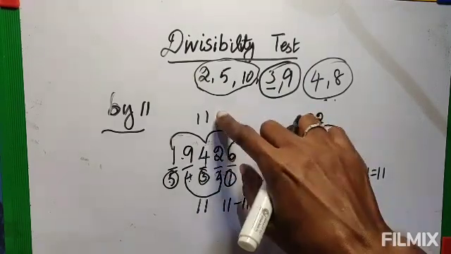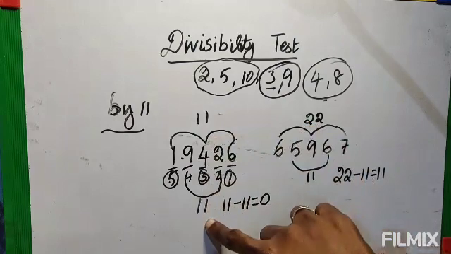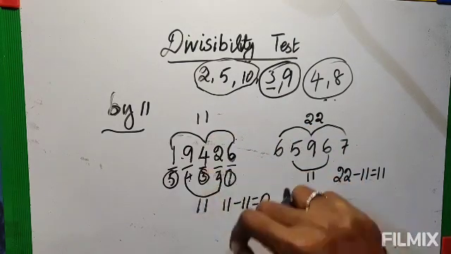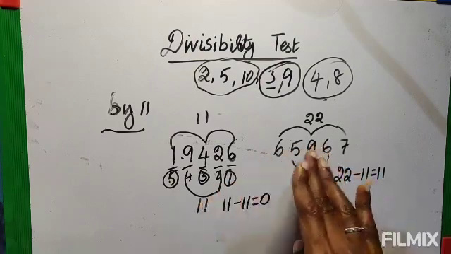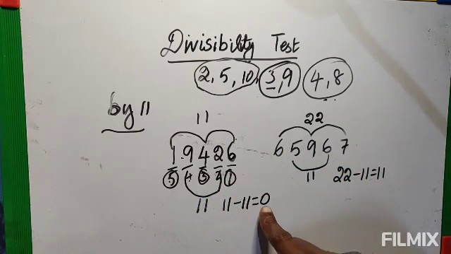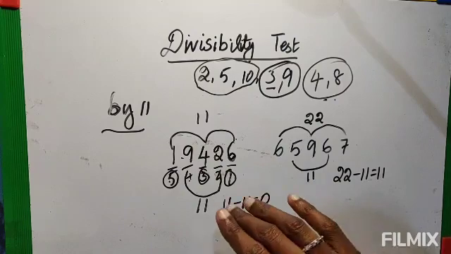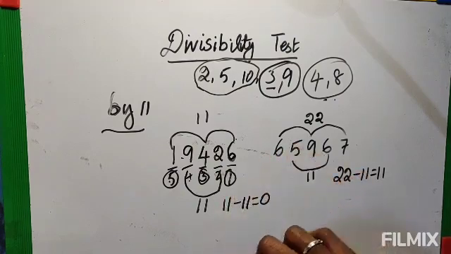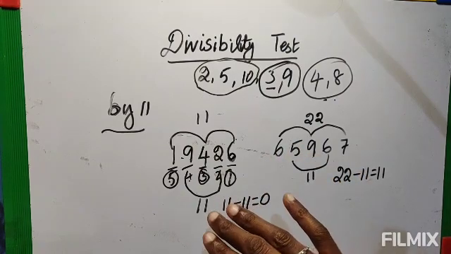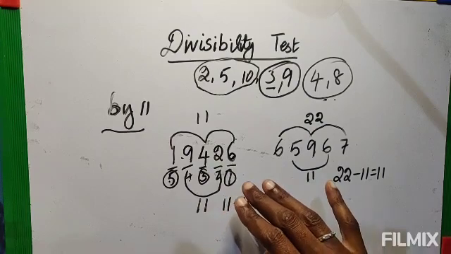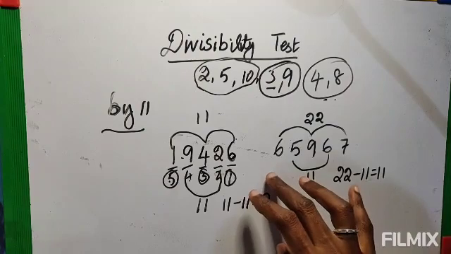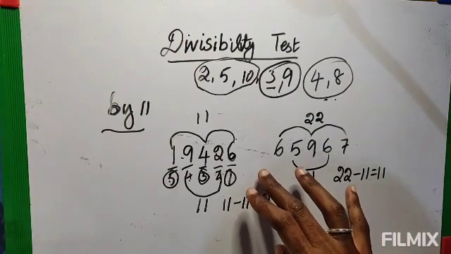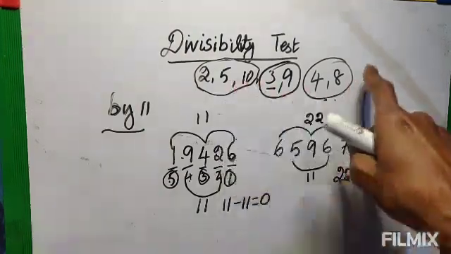Don't think, suppose here is 0 and here is 11, so 0 minus 11, how will I subtract? Don't think like that. From the big number to the small number you subtract. When you subtract, you have to get 0, otherwise it should be a multiple of 11. If it is like that, then it is divisible by 11. Don't bother about this, I won't be asking it. This is for your knowledge only, but all the others I will be asking.